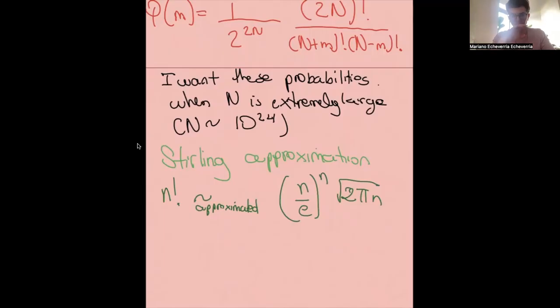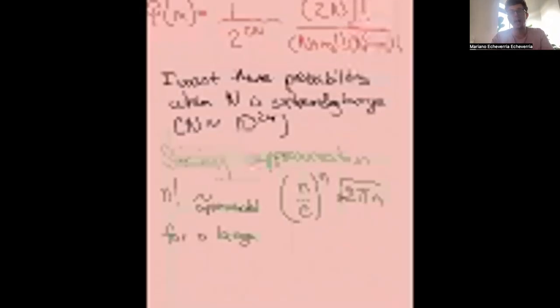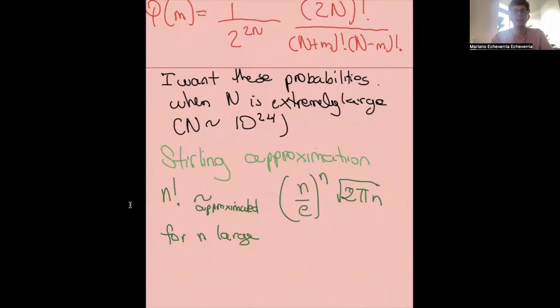So is that okay so far? And here you might say I should put "for n large." So you might say, well, how large is n large? That's something you might be interested in. The idea is that this approximation already becomes really good for what you would consider small values of n.